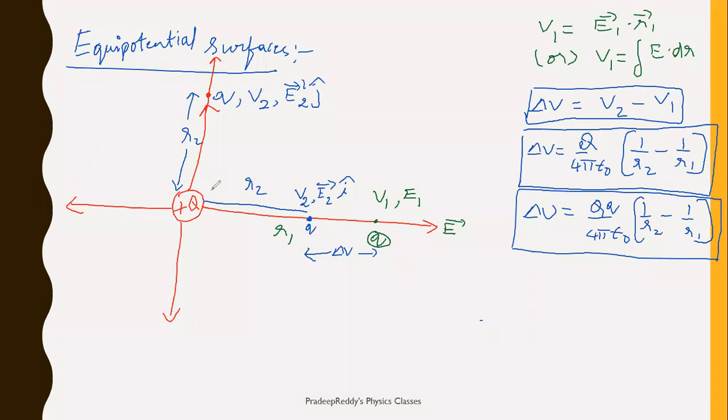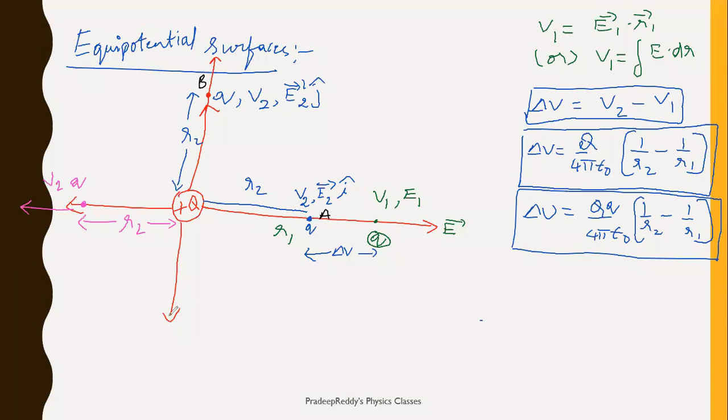Therefore, at the same distance which you calculated on the east, if you go towards the north, you will get the same potential V2. Let me name the points A and B. These two potential points A and B are equal. Now let us come to another position along the west direction. Along the west direction, I am considering this point where I take a test charge at a distance R2. Here also you will have the same potential, that is V2, but the field will be different. Potential is the same, but the field will be different.